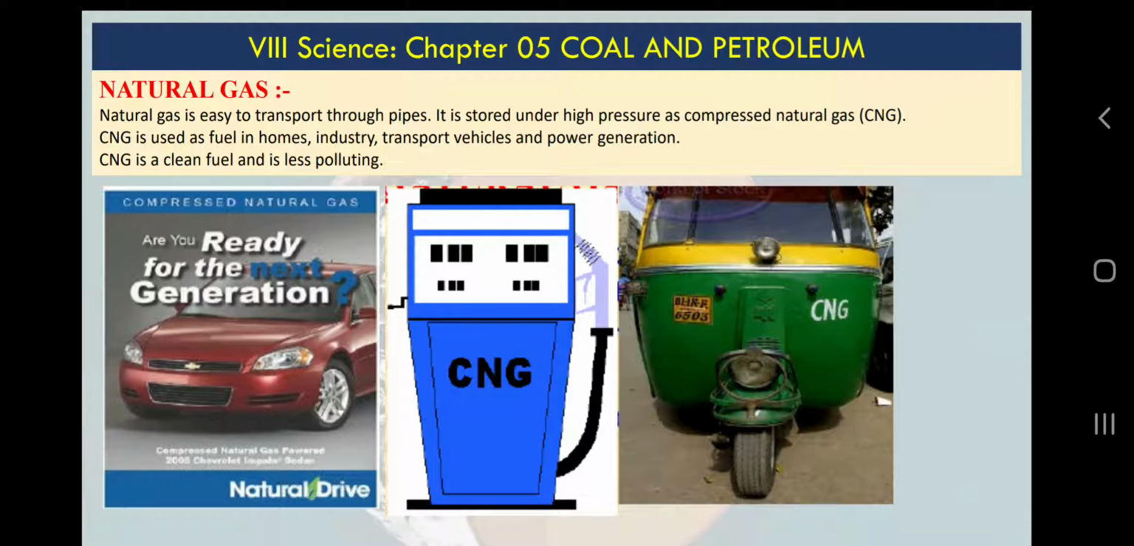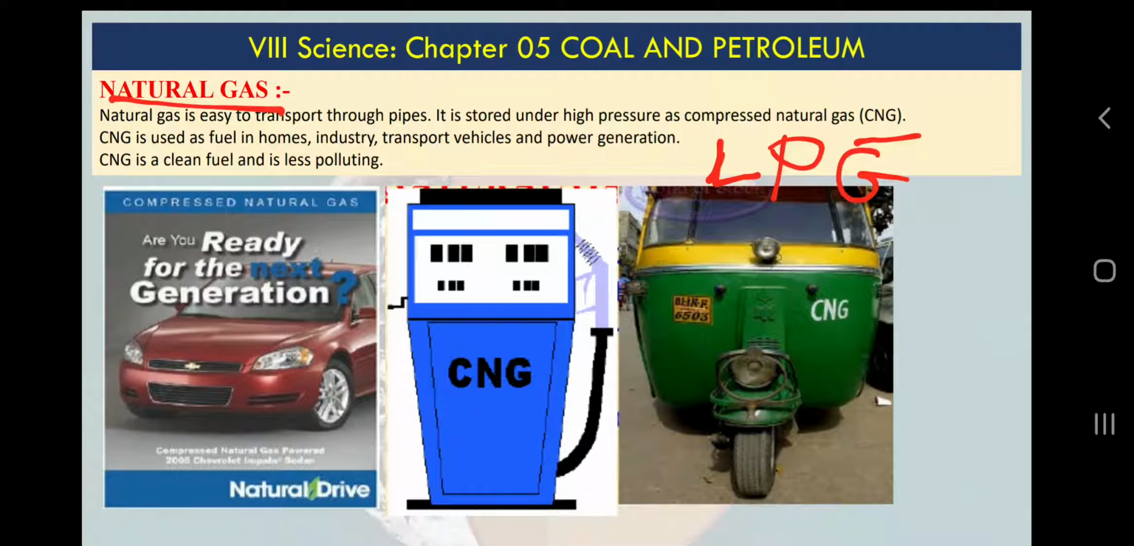So finally the natural gas, again, which is a product of petroleum refinery. If you are aware about CNG, we use LPG in our home, which is called liquid petroleum gas, and CNG is compressed natural gas. So natural gas is okay. When it comes to fuel,